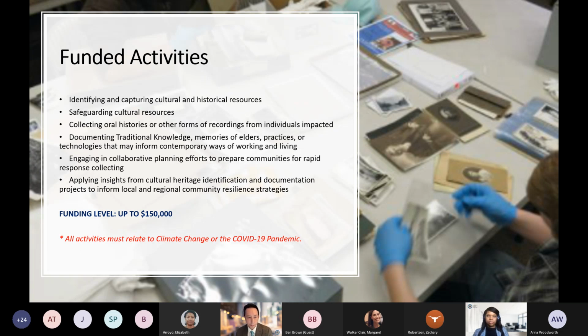community resilience broadly defined. The CCR program is designed to support activities such as, but not limited to, identifying and capturing cultural and historical resources, including through digital means, in communities potentially endangered by climate events such as wildfires, droughts, hurricanes, or rising sea levels, safeguarding cultural resources to mitigate the impacts of the coronavirus pandemic, collecting oral histories from individuals impacted by extreme weather events or the COVID-19 pandemic, including survivors and first responders, and documenting traditional knowledge, memories of elders, practices, or technologies that may inform contemporary ways of working and living, engaging in collaborative planning efforts to prepare communities for rapid response collecting, and applying insights from cultural heritage identification and documentation projects to inform local and